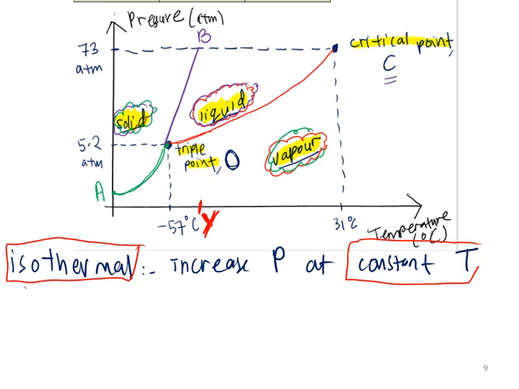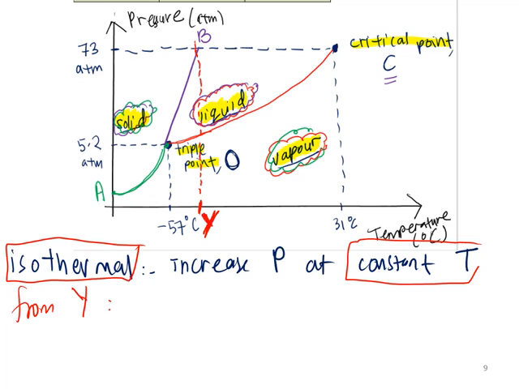So starting from point Y, what happened to the CO2 during the isothermal process? Betul? So pelajar akan increase pressure. Increase pressure maksudnya dia akan naik ke atas lah kan. Tapi pada temperature yang sama. So apa yang berlaku? So dia akan ubah daripada